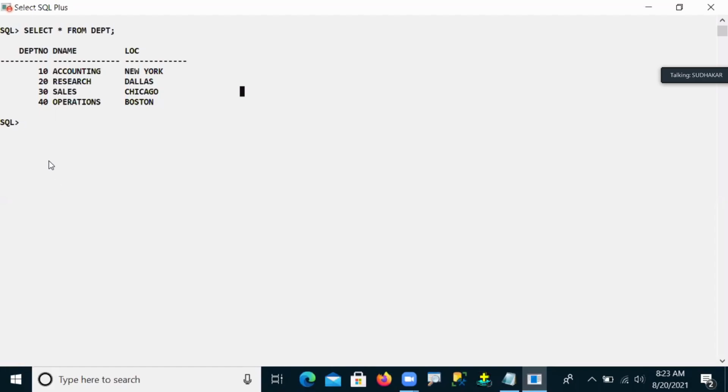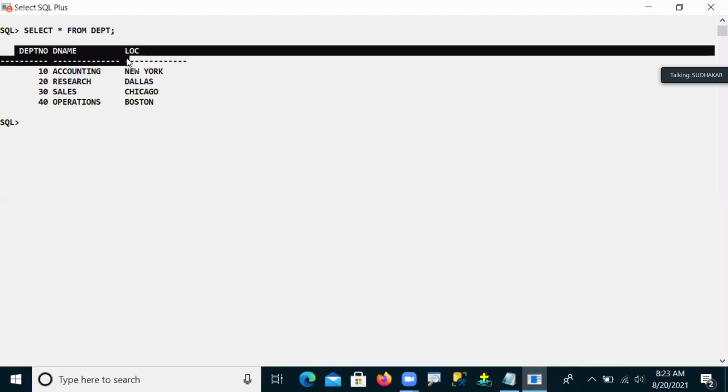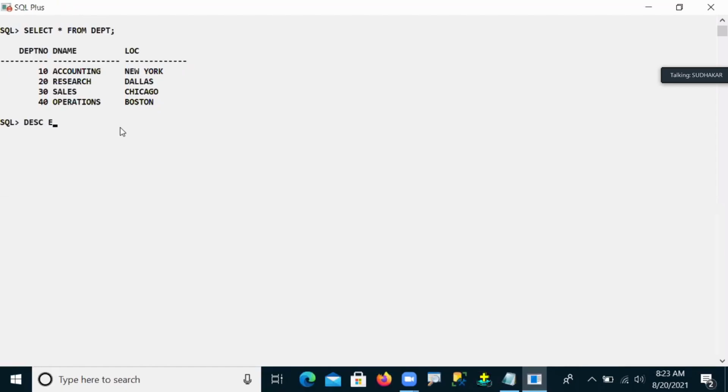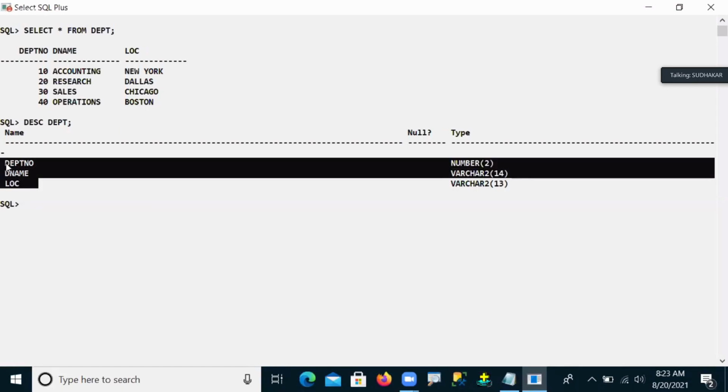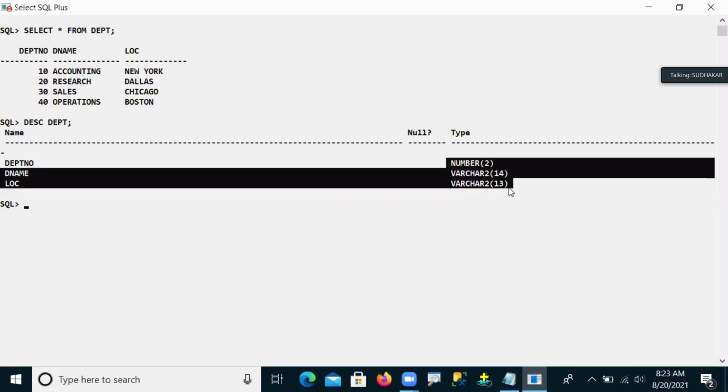But as I said, whenever you want to create new tables, the new table structure and your old table structure must be the same. Now I can see the structure of the DEPT table. So the DEPT table structure is department number, name, and LOC. These are the column names, and the related data types are there.